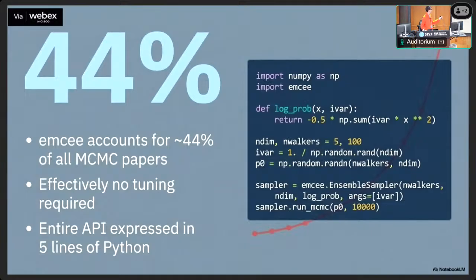So there are other plots I could show. But the main reason why people use this package is because it was easy, right? That's it. It is designed to be really, really easy for the end user. This code, which again, was all generated by AI, I didn't type this, is such that you don't really have to have any tuning. You can set it up in 5 lines, and it will just run and give you the answer. That's it. And this is great.